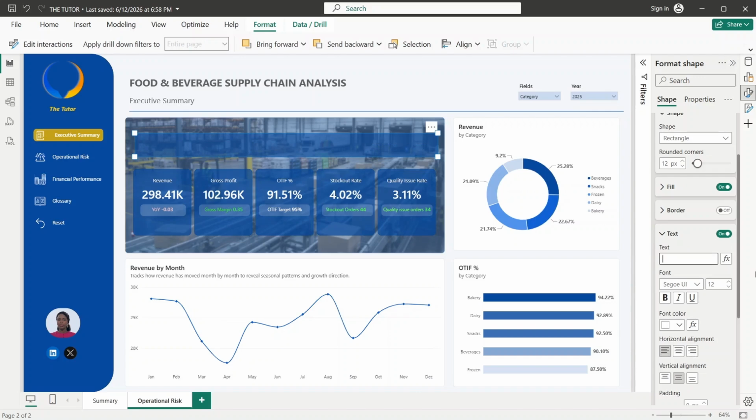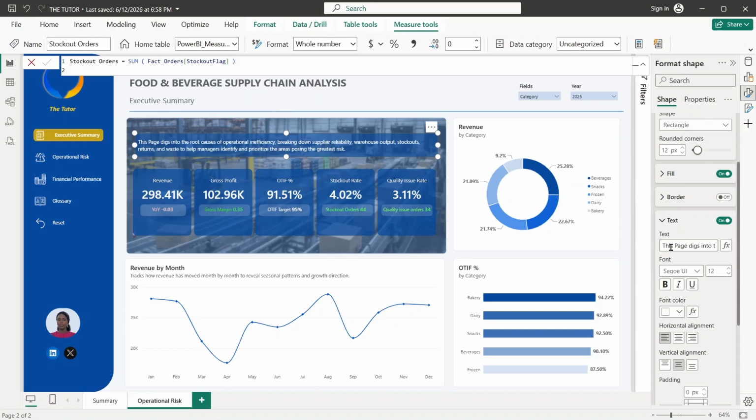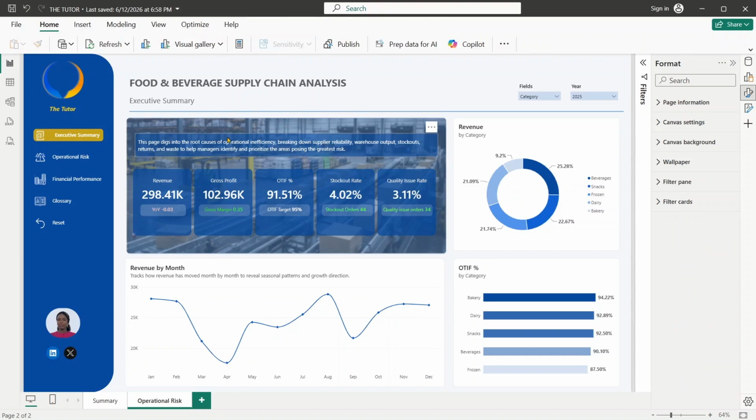I'll type in, this page digs into the root causes of operational inefficiency, breaking down supplier reliability, warehouse output, stock out, returns, and waste to help managers identify and prioritize the areas posing the greatest risk. Okay, so since, remember, this is our operational risk page,